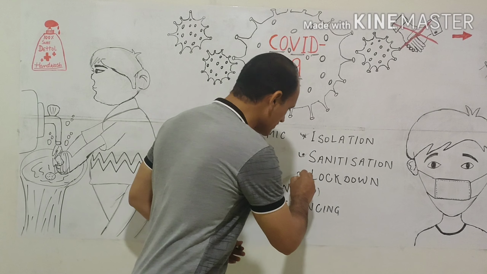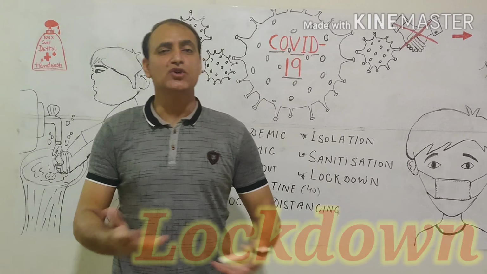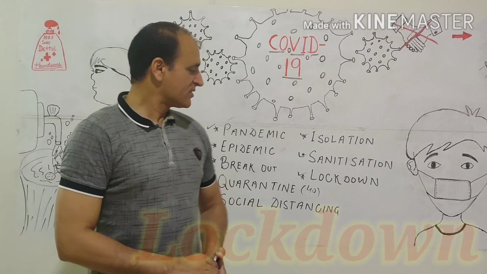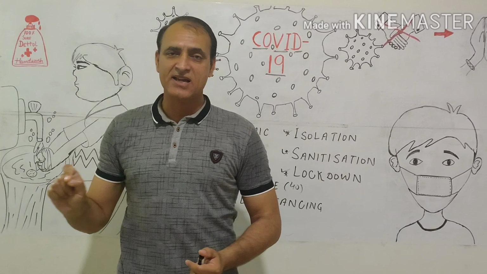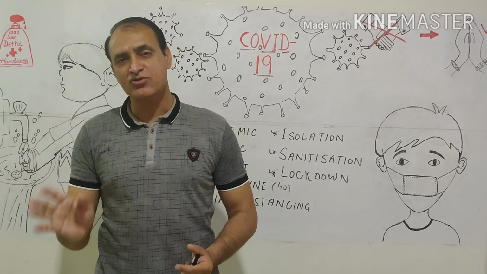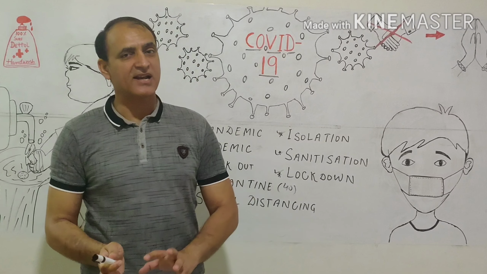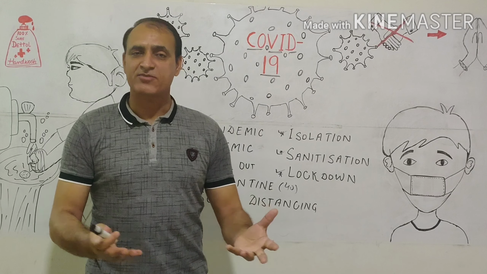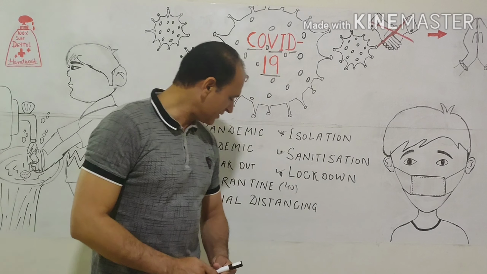And the last word for today's video is lockdown. Recently a 21-day lockdown has been announced by our respected Prime Minister Mr. Narendra Modi ji. So lockdown, we know, is an official order asking people to remain inside the house. It is a type of curfew. During curfew, people are not allowed to leave their homes. The same way, lockdown means the people will remain inside the houses unless it's very important to come out and procure some substantial things. So that is known as lockdown. This is very popular and people know the meaning also.